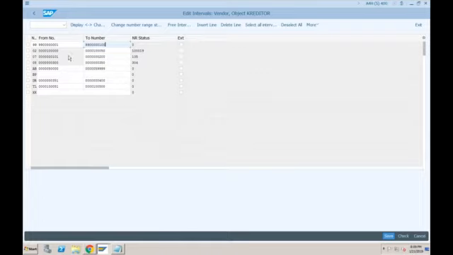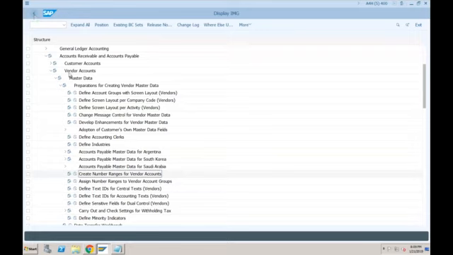I will assign this same number range to both, because anyways we just want to see how it works. One more important thing, since these numbers are dependent on BP, I have to tick on the external button here. So just click on save.